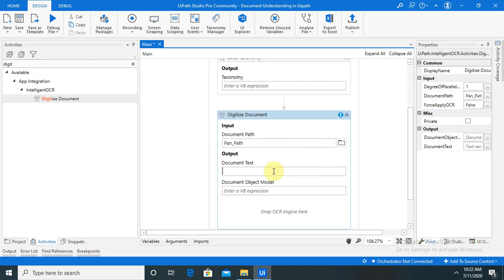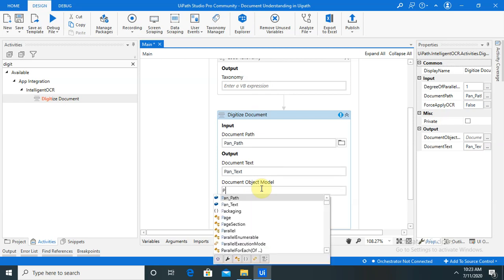I am going to add it here as pan text. Again this is also a variable, so we have to create pan text. Next, the document object model I am going to use here as pan object. Again a new variable, pan object.